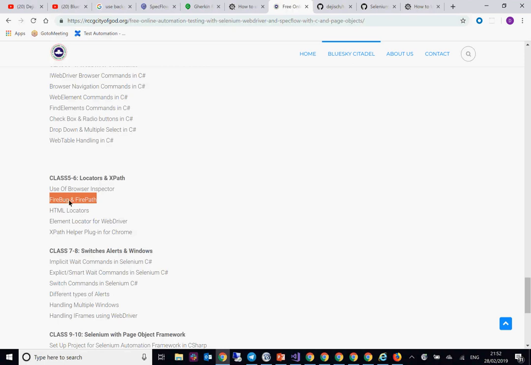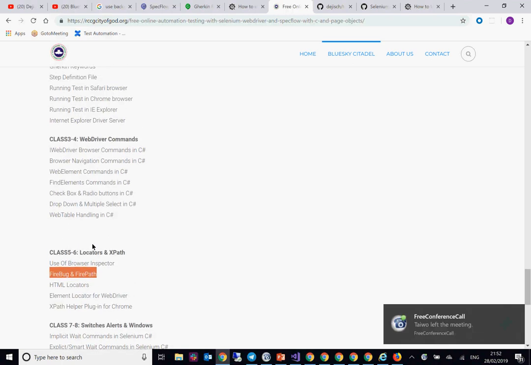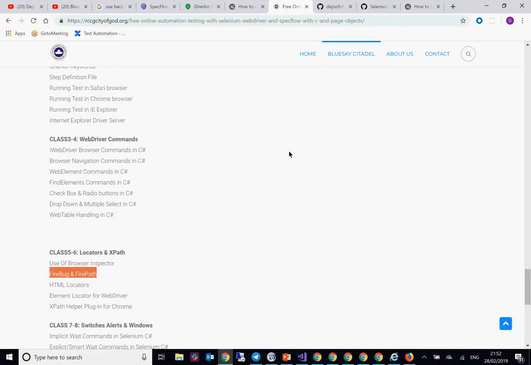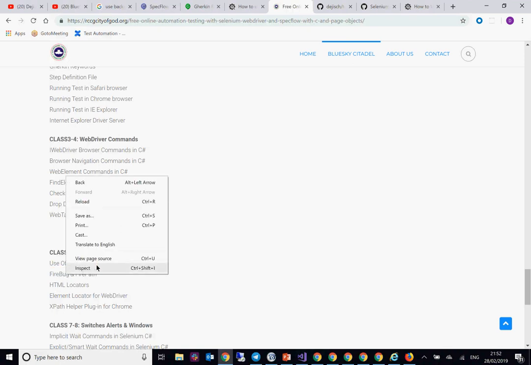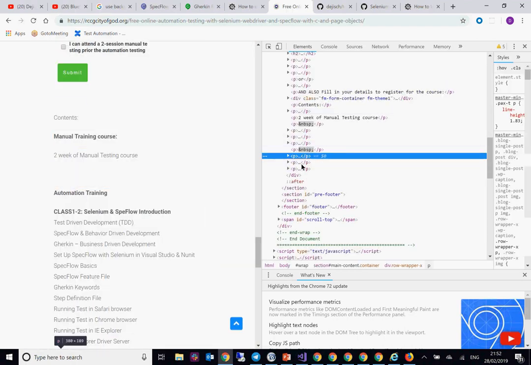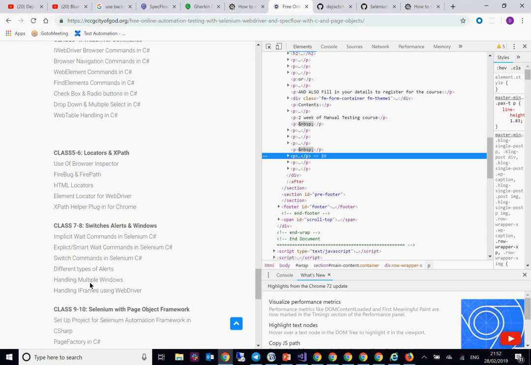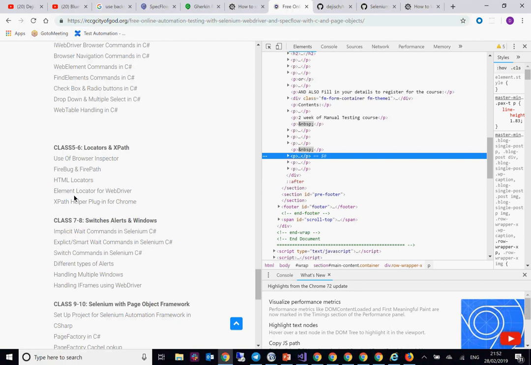Firebug and Firepath we didn't do. I don't think that is relevant with IE. You can Google for Firebug and Firepath, but your inspect element is sufficient, to be honest. They work the same way as your Firepath and Firebug. So if you have your developer tool, that should be sufficient. So yeah, and we've looked